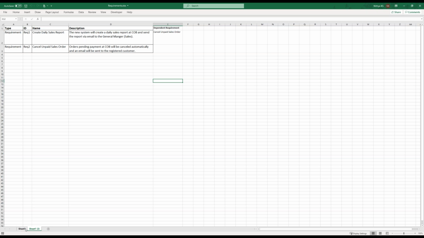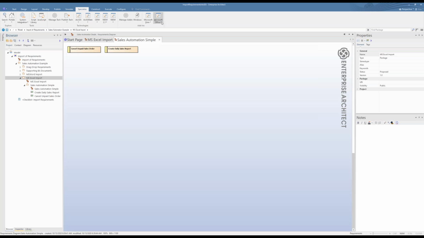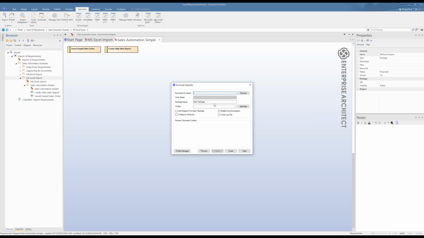Now, as I said, you can update your profile. Like in Microsoft Word, we updated the profile to add user-defined tag values. You can do the same thing for Excel as well. And here, for example, say dependent requirement. For example, I want to create, excuse me, guys. I want to create a relationship between these two. I want to have that kind of relationship captured into the EA environment as well. What do I do? So what I've done is I've added an extra column saying dependent requirement, and I've given the name of that requirement in here. So here you go, and then import Excel document, and